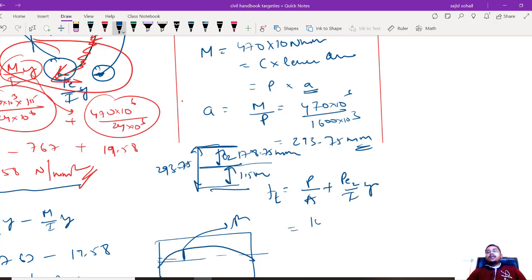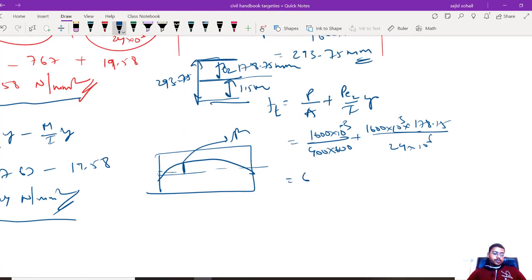Which is 1600 into 10 cube divided by area 400 into 600, plus P e2, which is 1600 into 10 cube into what is the e2 value? It is 178.75 here, my dear. Please do remember, divided by 24 into 10 to the power of 6. I hope it is very simple, right? So just calculate, what will be your answer? This is 6.67